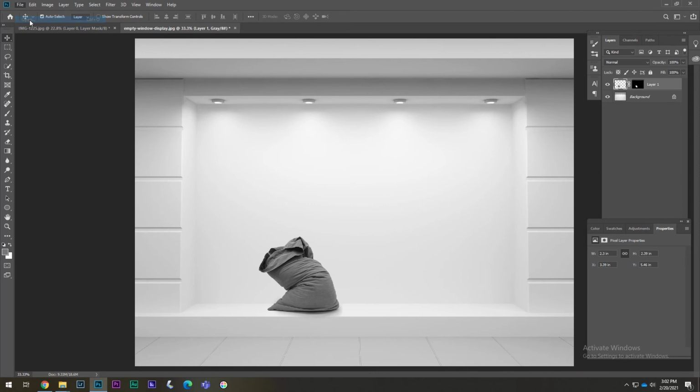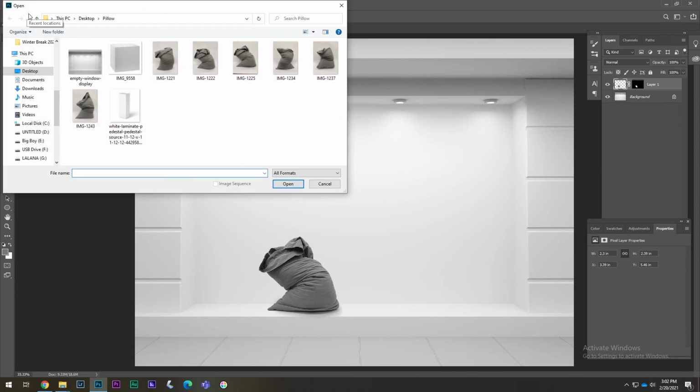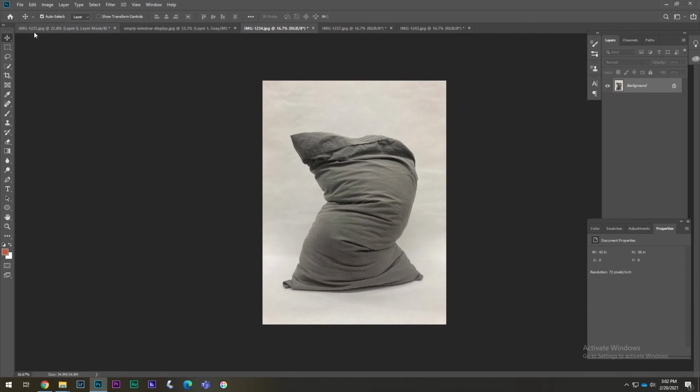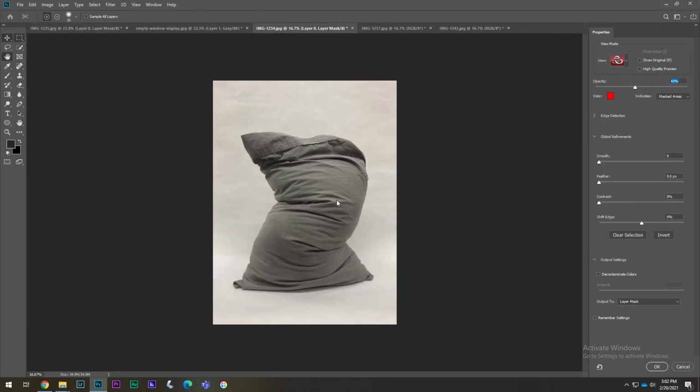Now I'm gonna open up 3 more pillows that I haven't masked yet. In this alternate universe, these aren't masked yet, so I can select multiple files and I'll grab those open. And then what I'm gonna do is I'm gonna do the same steps. I'm gonna do add a layer mask, select and mask,